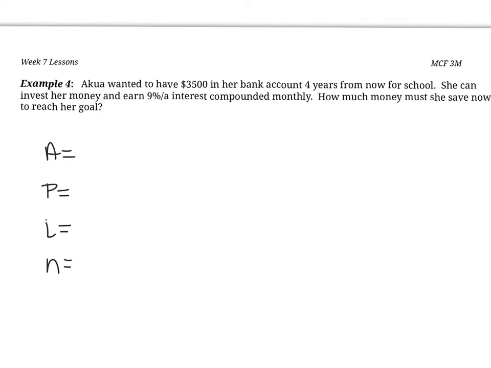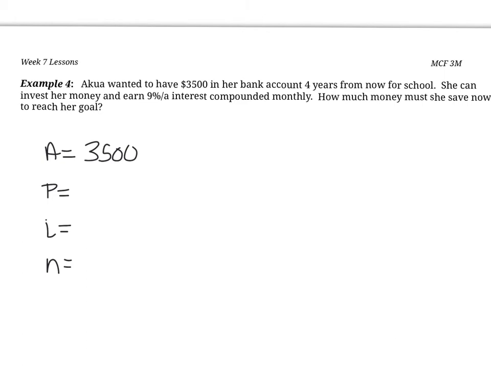Let's work this out number by number. It says that she wants to have $3,500 in her bank account 4 years from now. This amount is what we want in the end. It's the future value, our ending value. This is our original amount. This guy here, what is that? That's what she wants in the end of the story. So in the end, at the end of the story, she wants to have